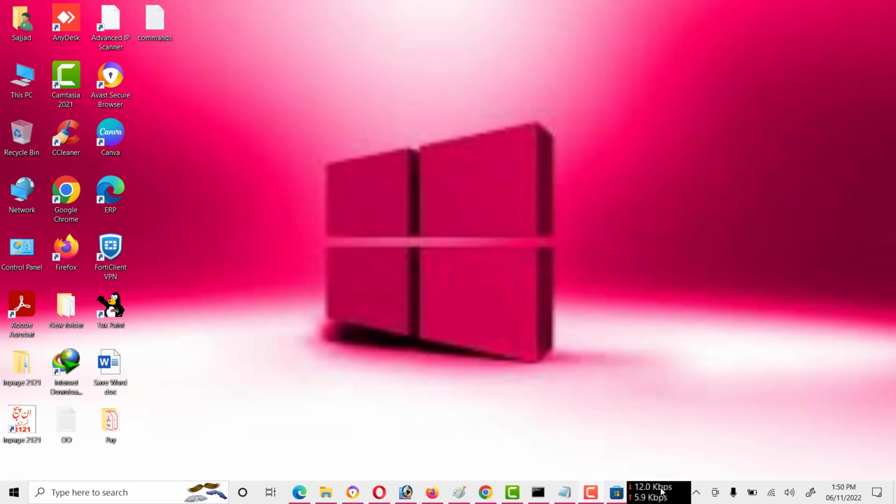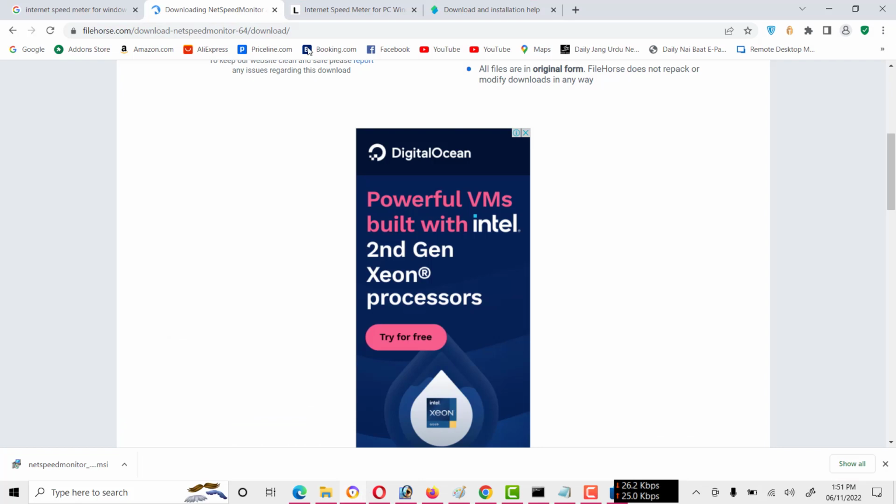Now friends, you can see the download and upload speed, and we can place it anywhere on our desktop. We can place it on the right side of the desktop, or we can also display it on the taskbar. It's good to place it in the taskbar so that we will see our internet download and upload speed while we are working. And if we want to test our speed, then we can type